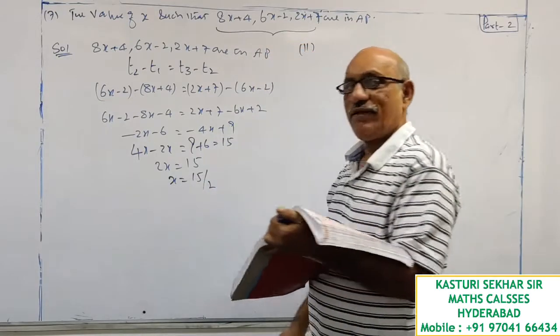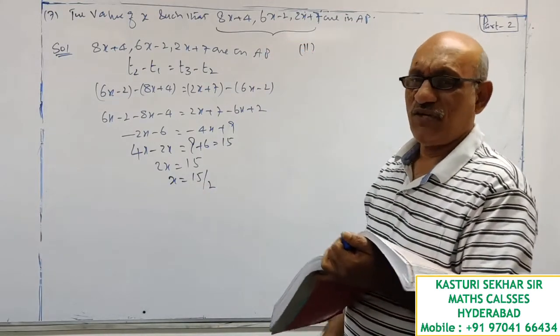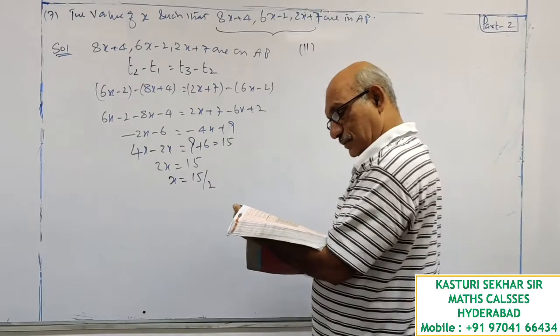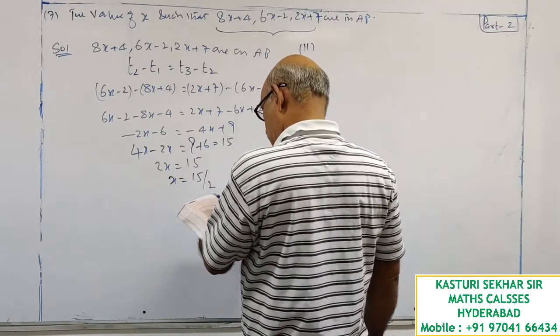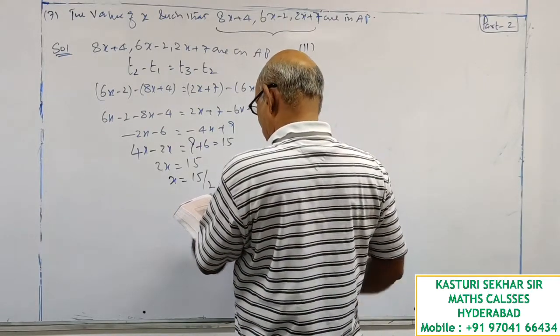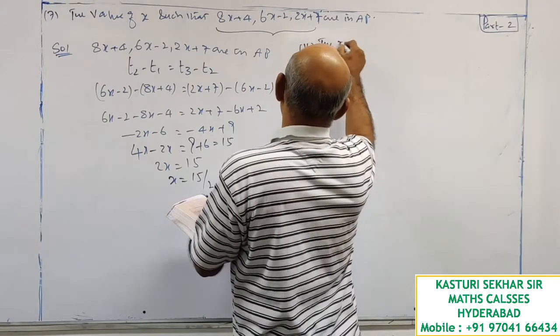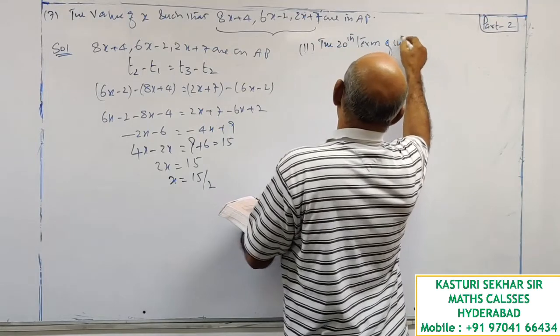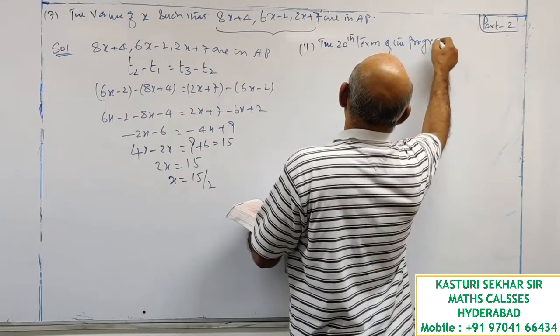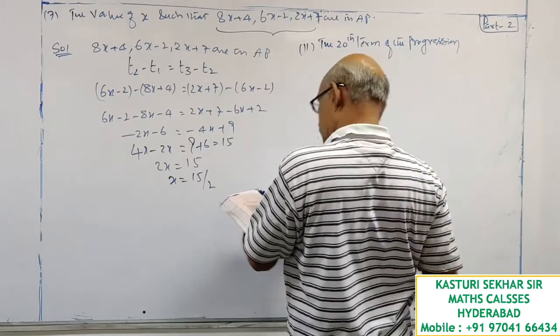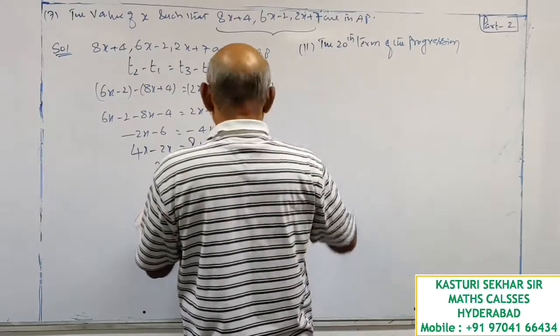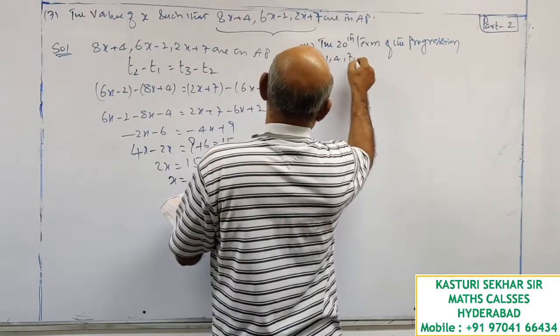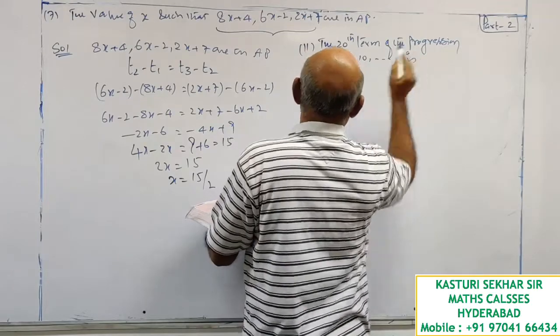First, let me do the 11th question. I am just changing the order of the sequence. The 20th term of the progression 1, 4, 7, 10, etc. is